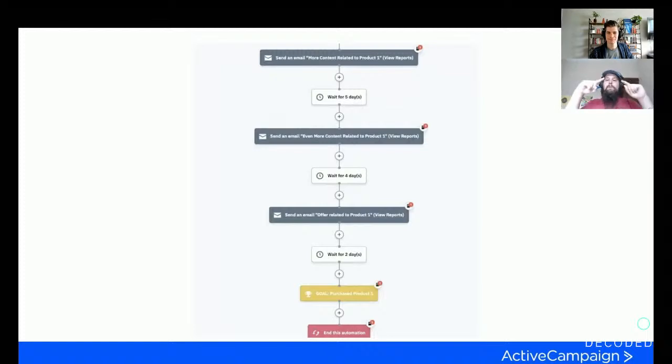Because at any point during this strip, if product 1 or whatever your product 1 is purchased, we don't want to keep saying it'd be a great thing to buy. So we take that goal, takes the contact, pulls them all the way to the bottom and lets them leave. That way you're not saying, please buy product 1, and someone's like, I already did. So we make sure we're, again, digitally listening, a huge theme of today with your marketing software. Really think about the capabilities it lets you do, and how you can provide that best experience possible within the capabilities of your software.